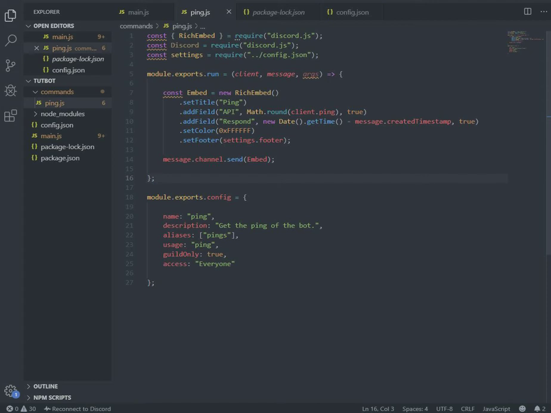So how to change your Discord bot's name by a simple command. It's not that hard, it's only a few minutes of coding, but it's gonna be two